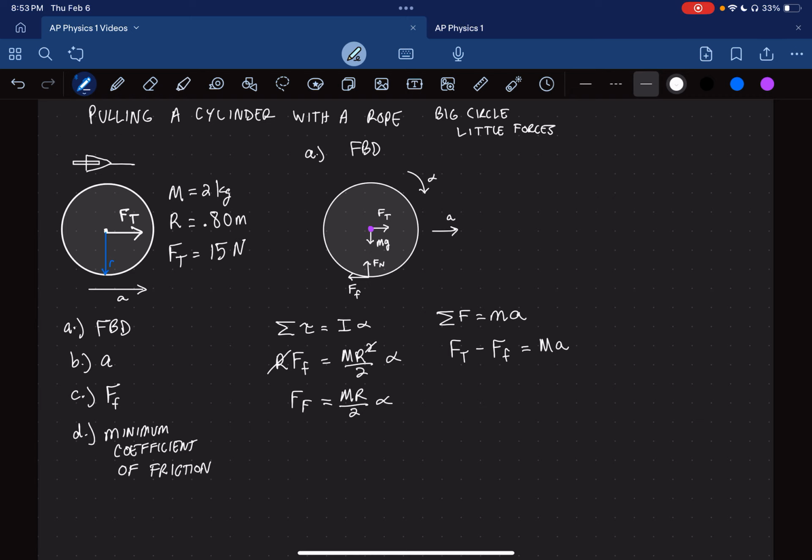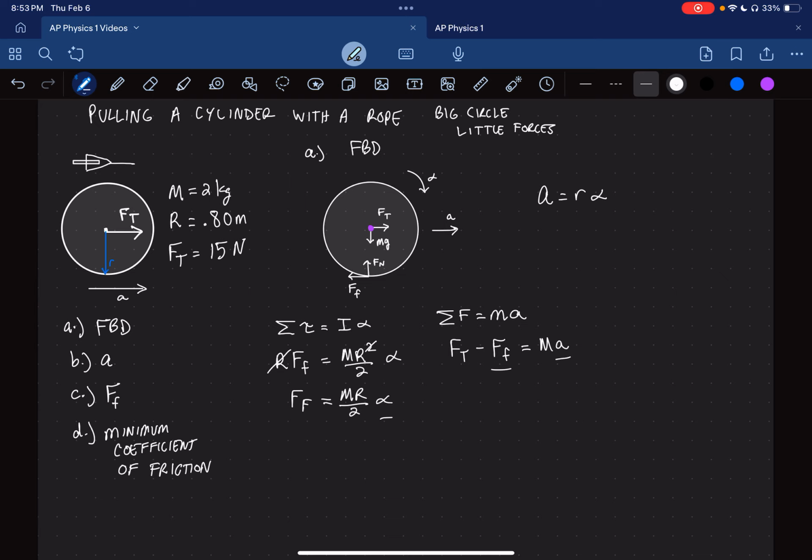Now we know F_t, okay? Yeah, we know M. We just don't know F, the friction force, and we don't know alpha. And so we have too many unknowns here. We have two equations, three unknowns, and so we can't solve it unless we use that A is equal to